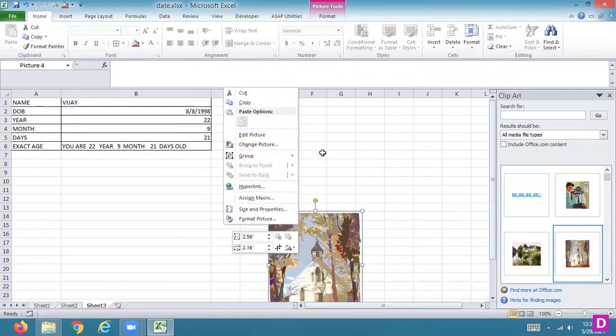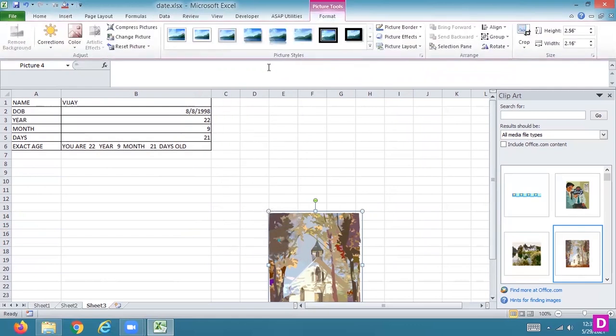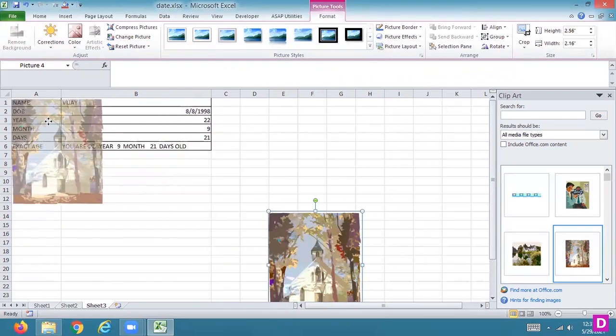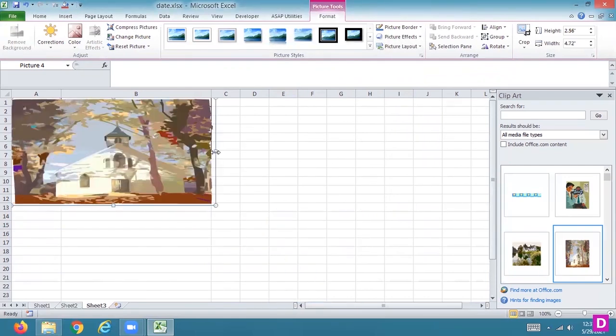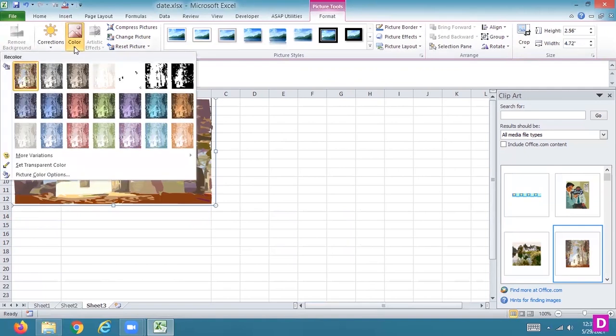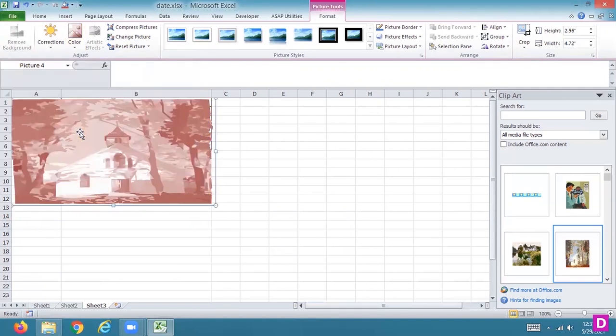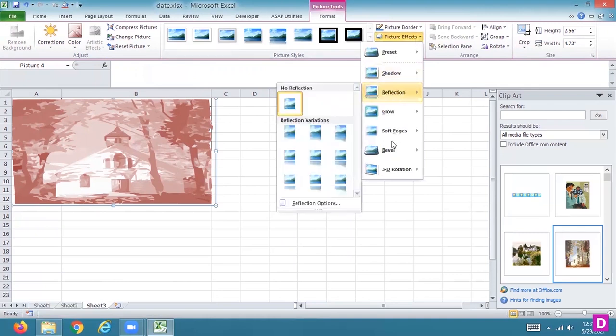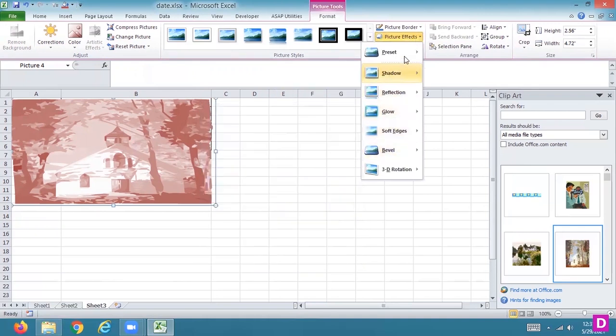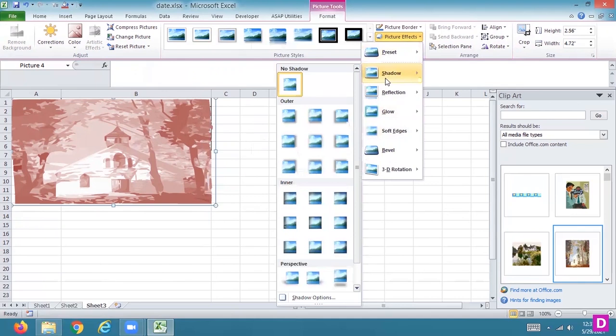Change the picture, edit pictures, format, and we can set its format on a color basis. If I'm setting this picture on a color basis, you have dark and light color. You want to do this dark and light color, and crop this value, picture layout, picture effect. You can give any picture effect, reflection, shadow effect. If you want the shadow effect in this,